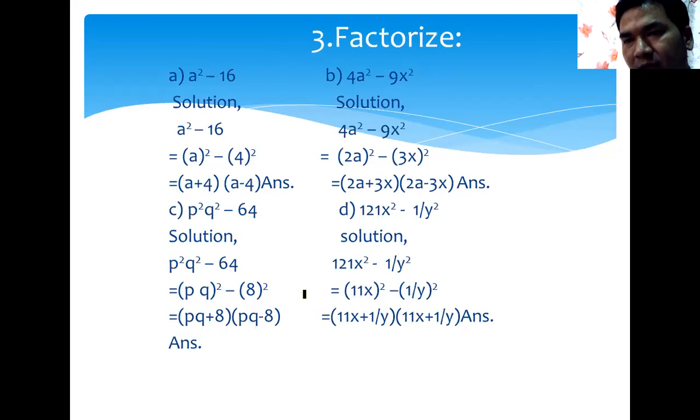Okay. Similarly here also look, 121 x square minus 1 by y square. Write this question again. Right, 121 is the square of 11. That's 11x whole square here, minus 1 by y whole square. Then this is in place of a square minus b square. A square minus b square means now a plus b, a minus b. Okay, a plus b, a minus b, and we have resolved into factors like this. Okay, these 2 factors. Now let's move to the next slide.